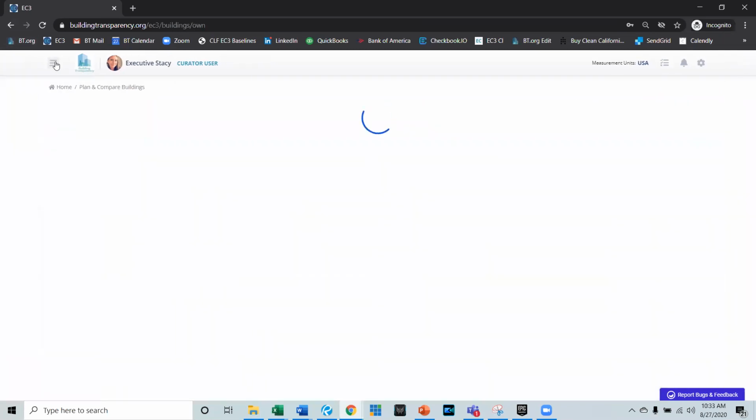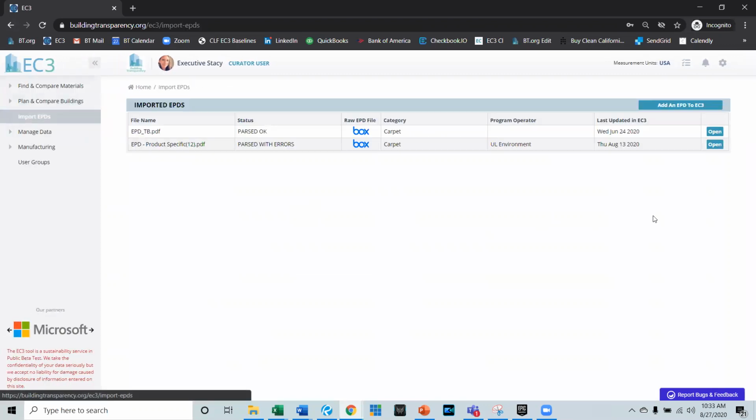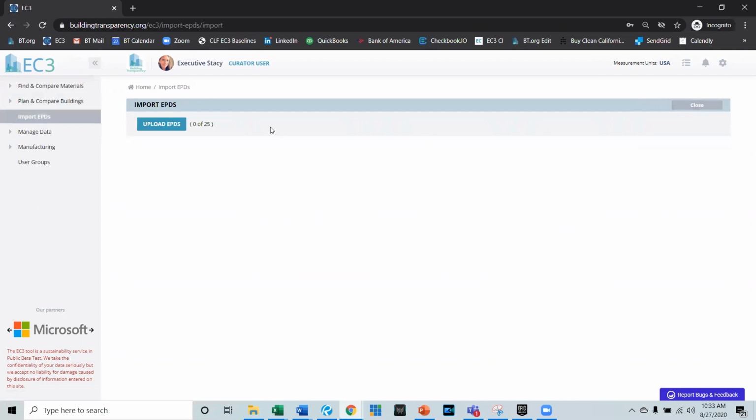The last thing I think is actually the import EPDs function. One of the things that's been really helpful recently is the fact that anyone can add EPDs to EC3. So you can actually upload up to 25 PDFs of EPDs to the tool if they're for something that we don't have. If you're in a different location, like Europe, and you want to see your EPDs in the system,